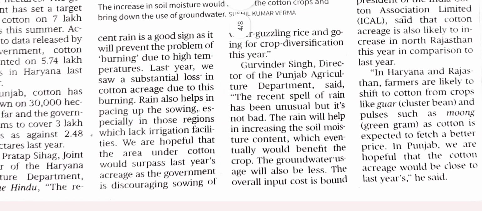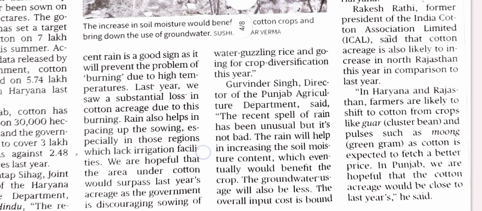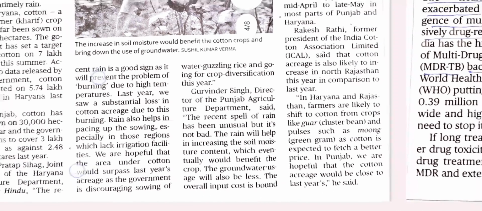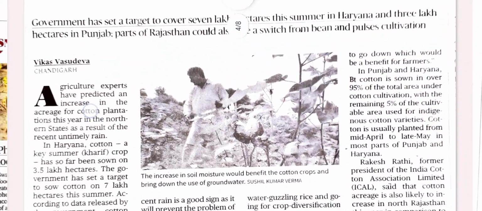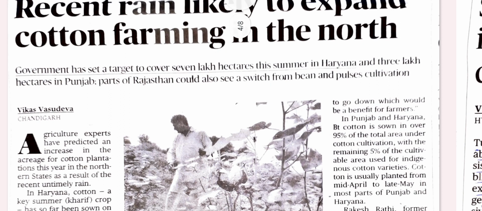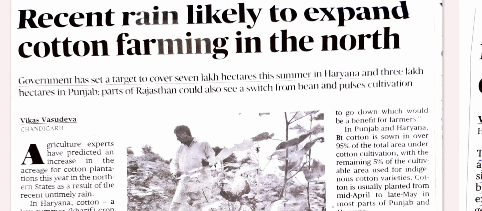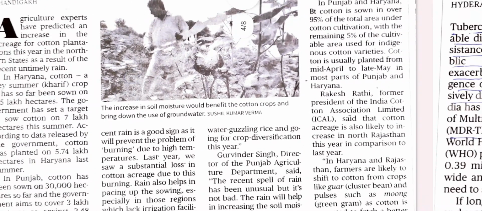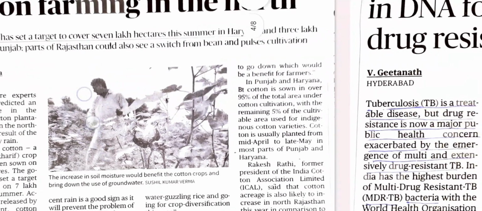Now farmers are also interested in the crop diversification program. This is important because 7 lakh hectares of cotton in the summer in Haryana and 3 lakh hectares in Punjab, and part of Rajasthan, could also be switched from bean and pulses cultivation. All because cotton is good, because India is a good producer of cotton. Then next,